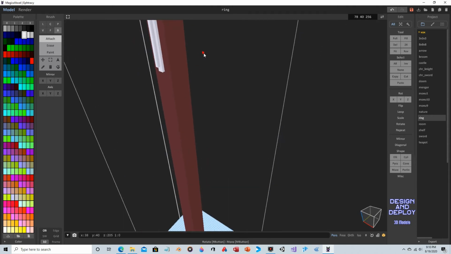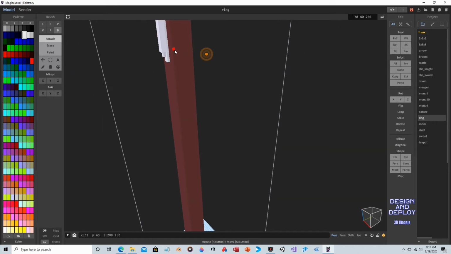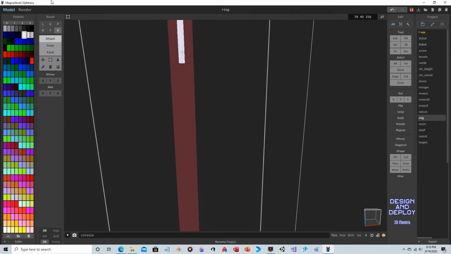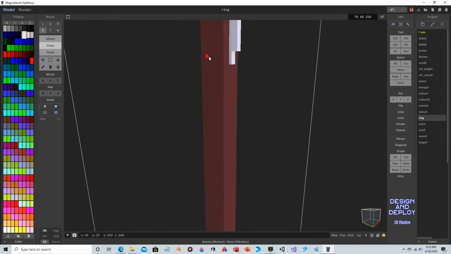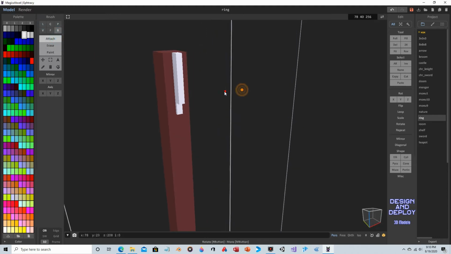And then you just, let's just clean that up because I made a boo-boo. So erase. Again, I probably shouldn't be worried since I'm just trying to do a simple demonstration. So back to box, back to attach, and then you just keep